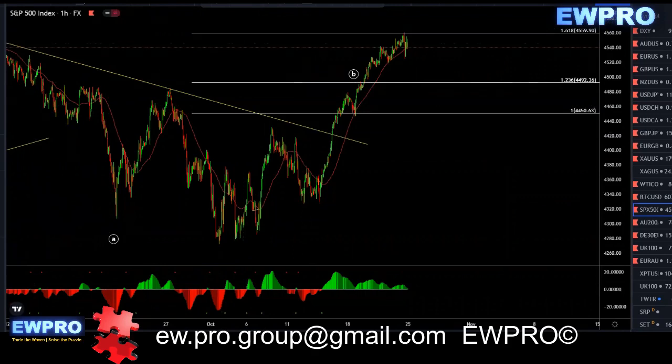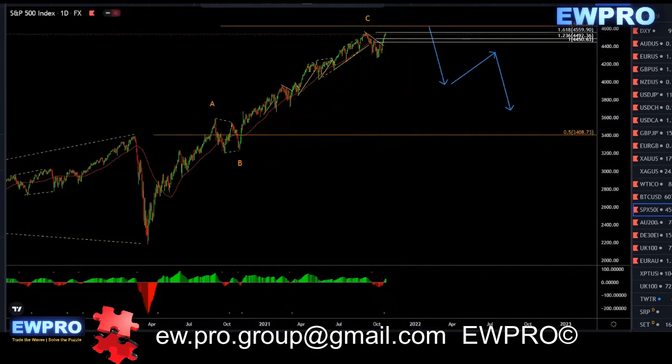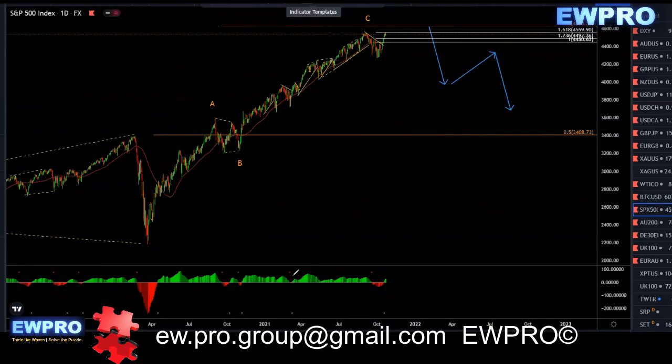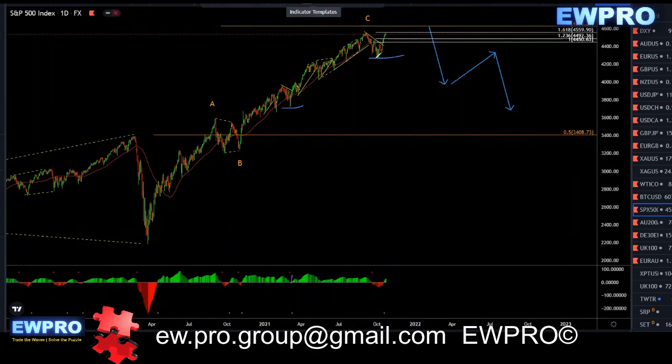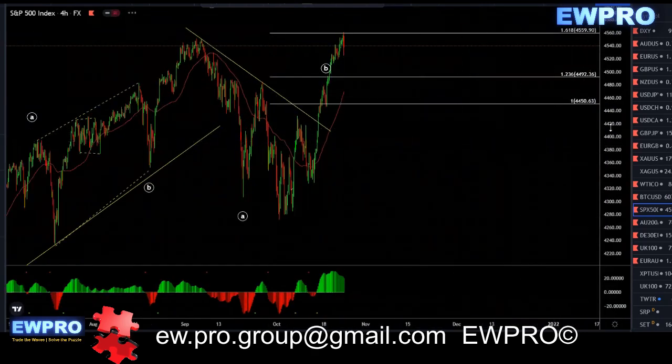SPX on the daily, again, like I've been pointing out, we had that bull hidden here, and I said more than likely we'll go and break that top. We got that bull hidden. Even though it's not valid to trade, sometimes they still do go and break the tops with the hidden divergence. Eventually, you're looking for a larger correction back to the 50 fib on the daily. Looking at the H4,